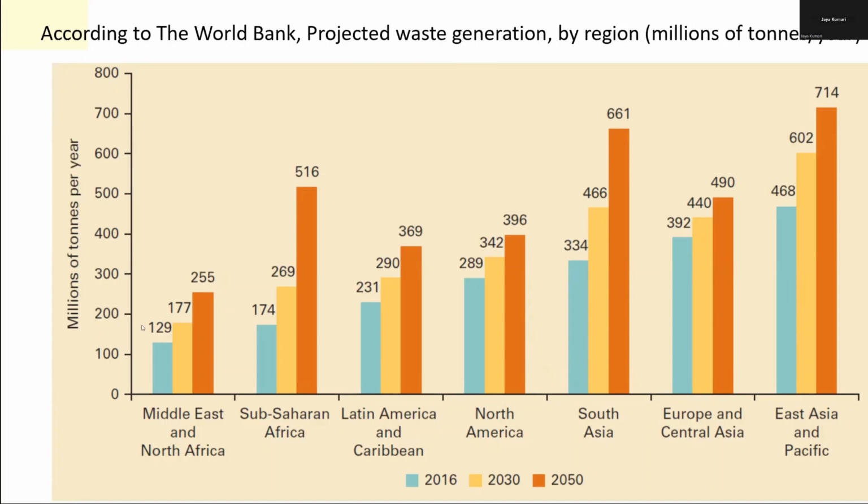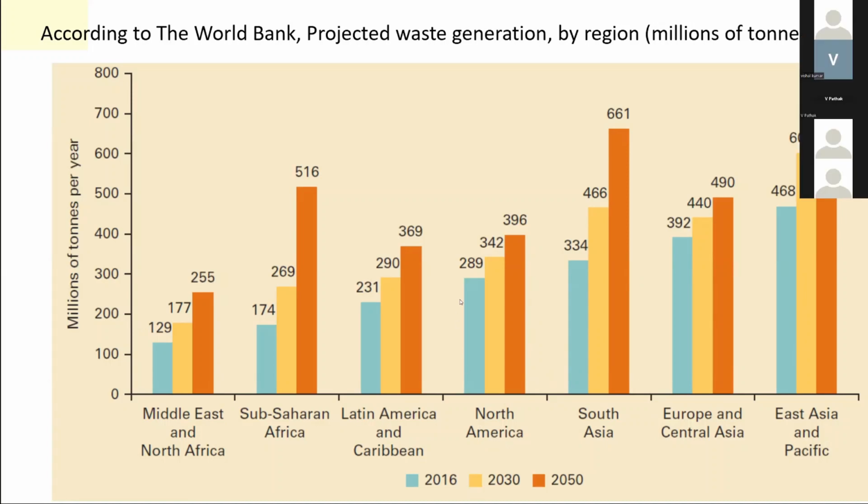But if you see the North America condition, its growth of waste is lower, but South Asia has a higher growth rate. Why? Because in this region, all are developing countries, but North America is developed, so minimum change will be made. So after this slide,